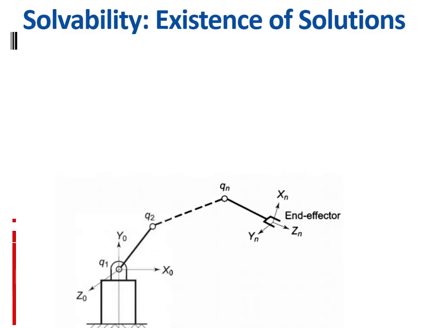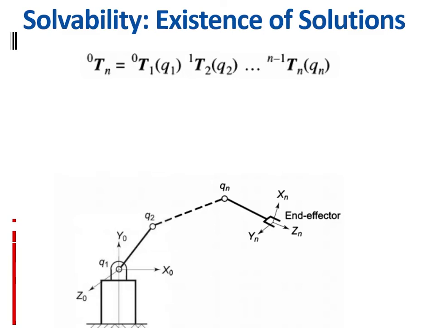Now, the existence of a solution and its condition. We have already seen that for a robot manipulator, an open kinematic chain, the degree of freedom is equal to the number of links, because every link has only one degree of freedom. We discussed this in the last class. So if it consists of 6 links, a 6-link open kinematic chain, it will have 6 degrees of freedom. N links are there, and so is the degree of freedom. We have solved that equation for this.